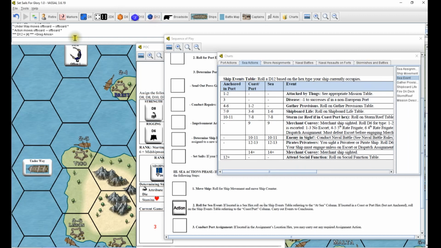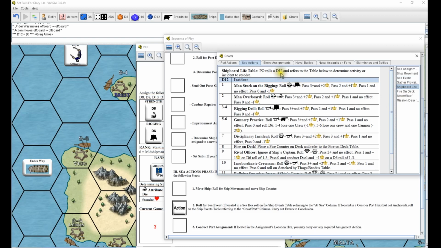And we roll a D12, we get a 4. That's shipboard life, so we're going to roll on the shipboard life table. We roll a D12 here. This is where a lot of the ratings come in. 9, rival officer, ignore if ship's captain. We are not. So roll